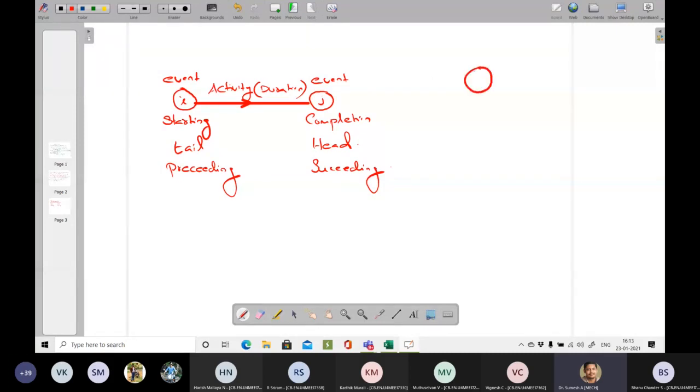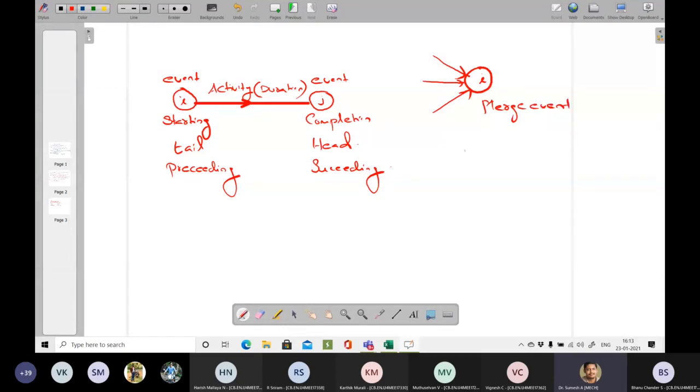This is a particular event in which multiple activities are merging together. This is an event I, where this is an activity, this is an activity, this is another activity. So this is called a merge event, where multiple activities are merging over here.